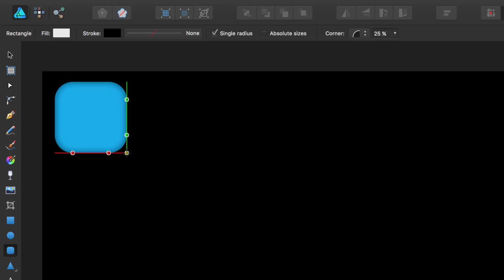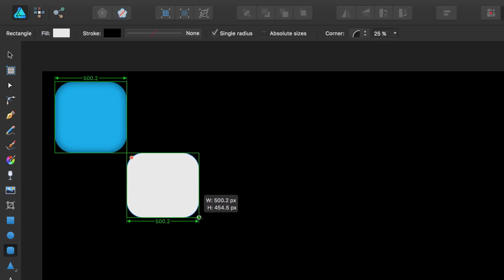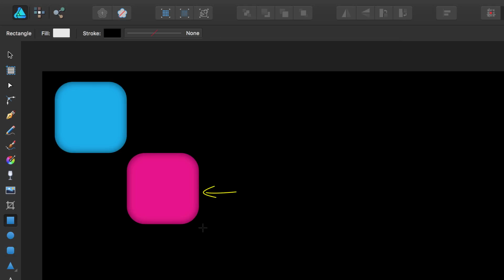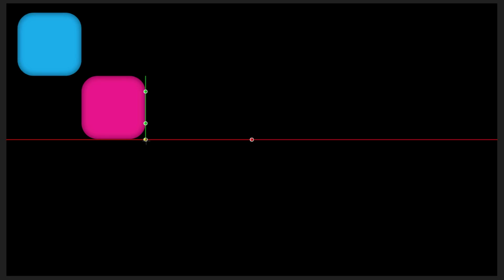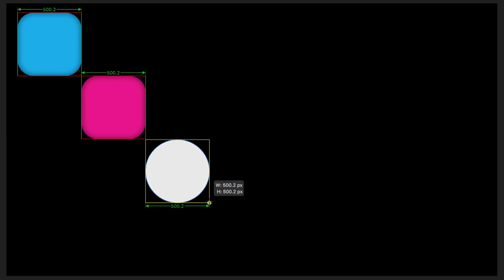As I draw the shape, it will also snap to the same width as the shape causing the snap, and the same height too. So now this square is exactly the same size as the blue square. It doesn't have to be the same shape. I could draw a circle using the ellipse tool instead, and ensure it is the same size as the square